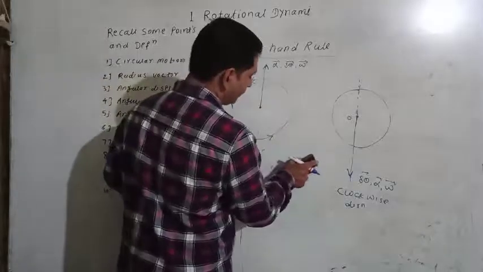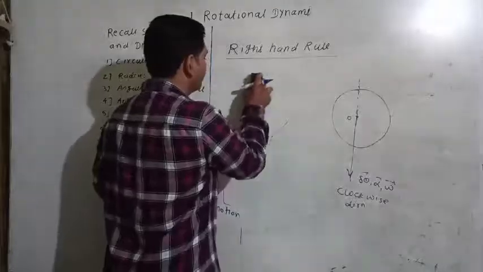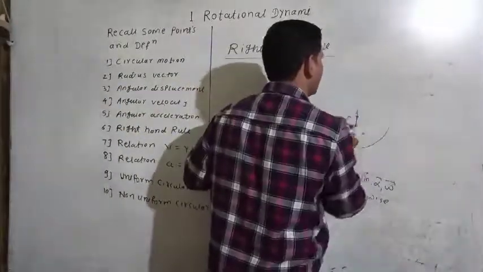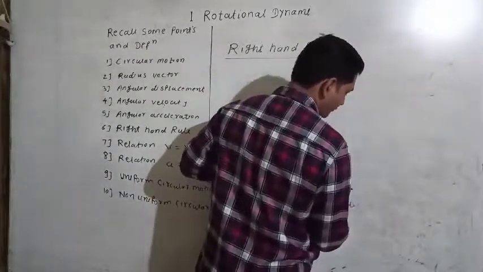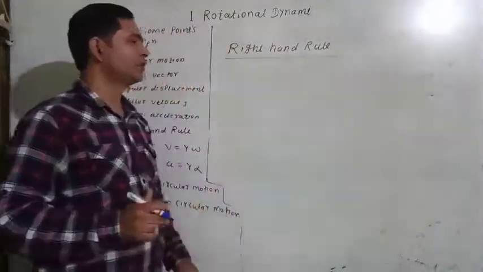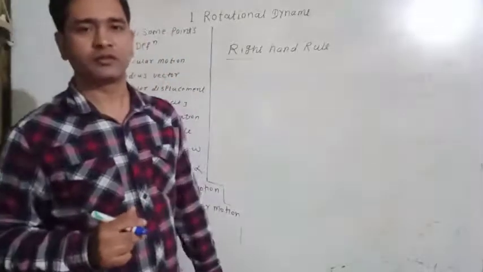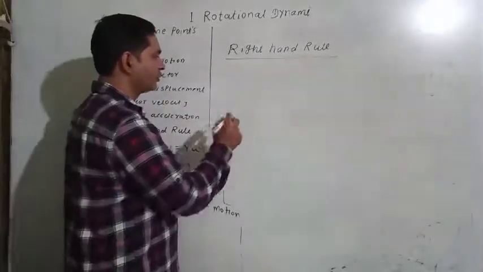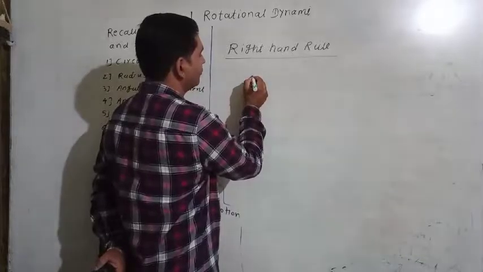Then again, here is one point we have to recall. Suppose the particle is performing circular motion, clockwise or anti-clockwise. Here we take the example of a fan. Suppose the fan is switched on, then the blades are performing circular motion